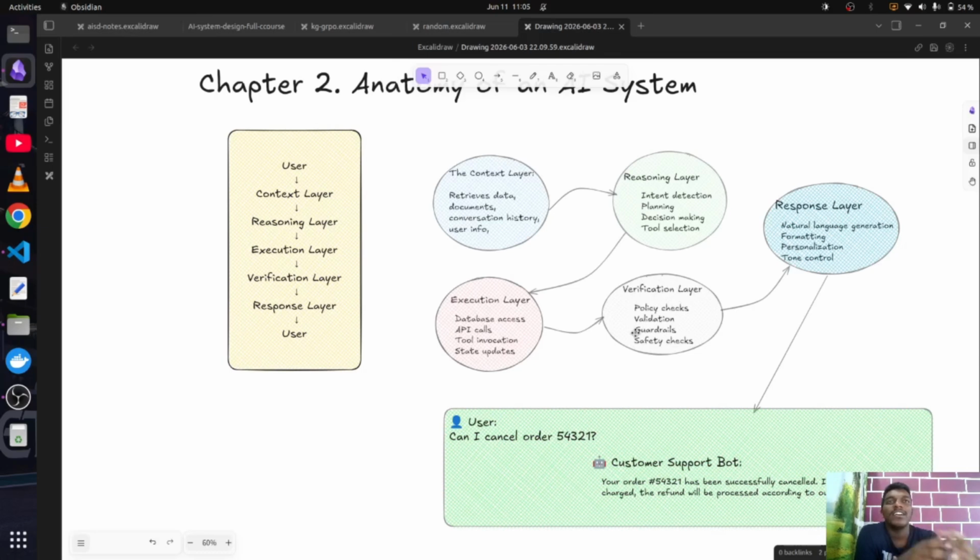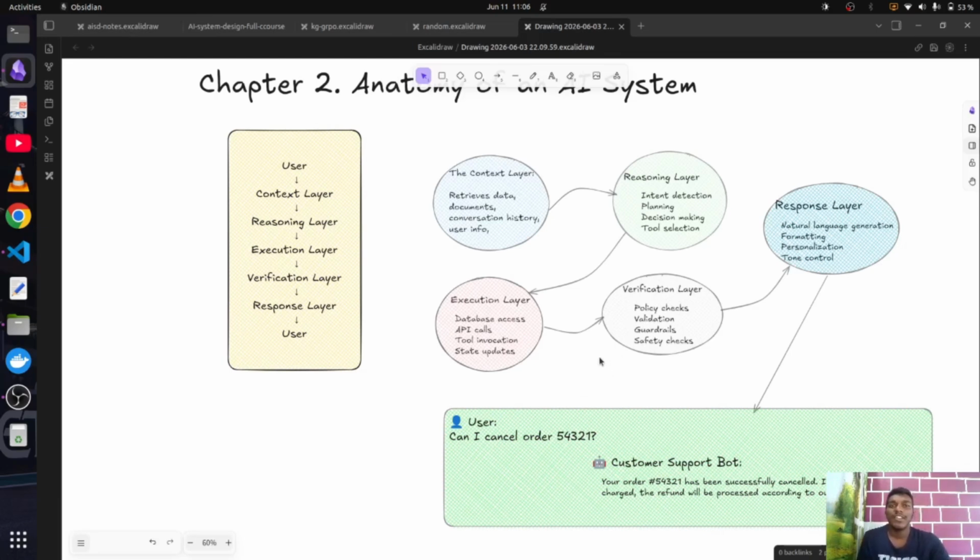an accessibility kind of thing. So for example, if the user's query is something like how to crack my neighbor's Wi-Fi password or something like that, you see the intention being unethical, and if it doesn't align with what my AI system is going to do, maybe we can block the request right there and just give output as this request doesn't align with our policies, something like that. Or even if your AI response, after the execution layer, is going to be something like your customer ID is so and so and your password is so and so, maybe out of many reasons.